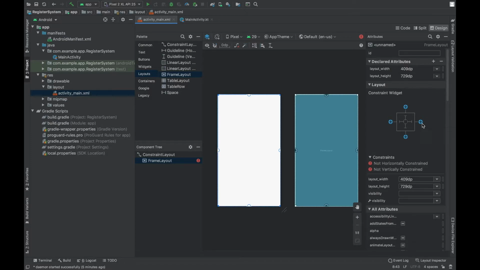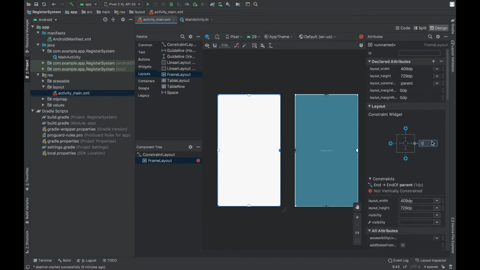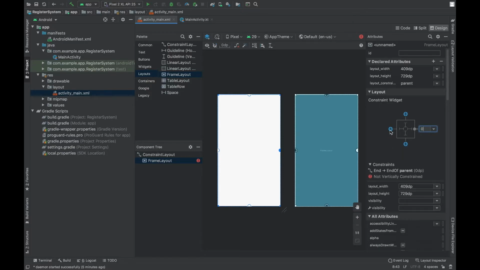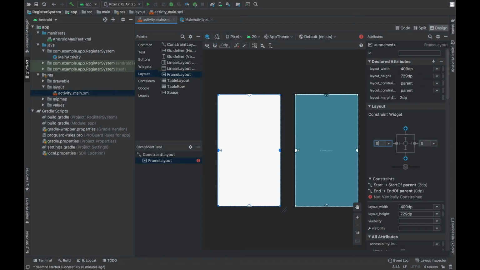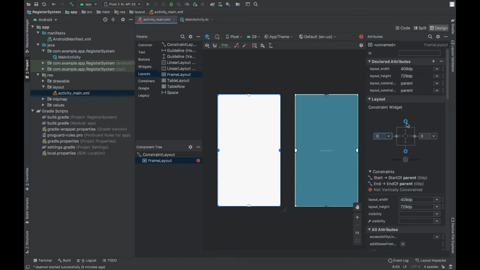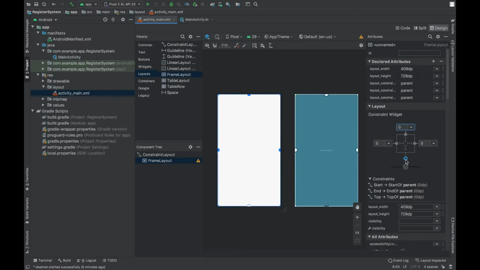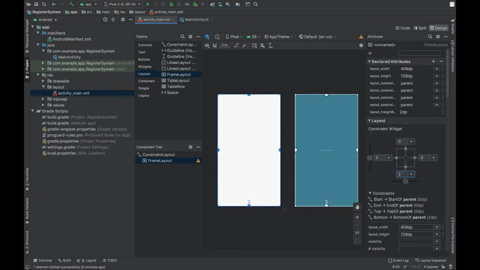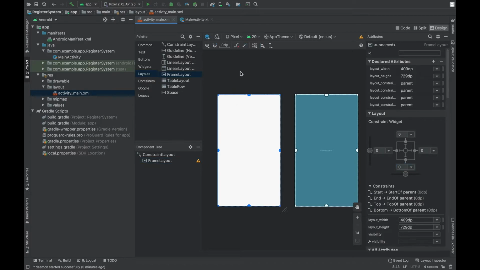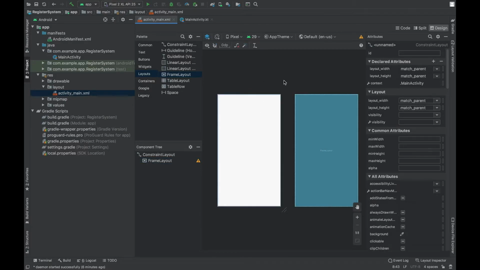Click on the right side and set it as 0. Click here on the left side and set it as 0. Now click on this plus icon showing in the upper direction, click on it and set this one as well to 0, and at last set the bottom one also to 0. We want our frame layout to expand the entire visible area of our main activity.